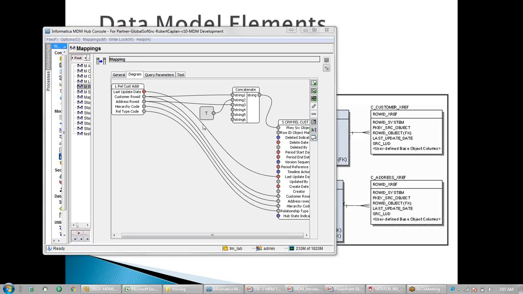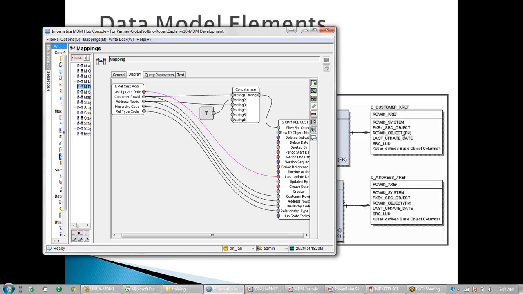Here, if you see on the left hand side, we have a landing table, and on the right hand side, this is a staging table. In the staging table, we have this PK source object, which I told is a mandatory column, and the last update date. These are the two important columns. Whatever value I am passing in the PK source object column, I might be passing a single column, or I might be concatenating more than one column and passing that into the primary key. Whatever PK source object value I pass is stored in the PK source object in the cross reference table. So this is referred to as an XREF table or a cross reference table.